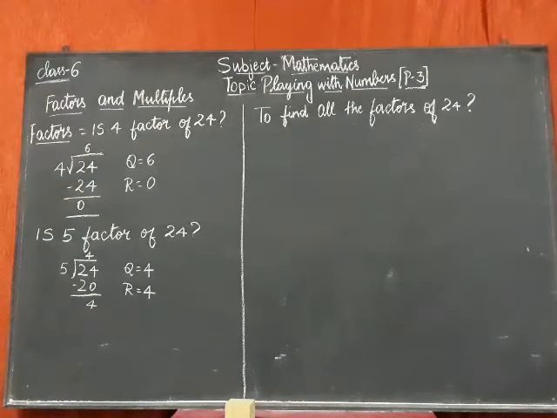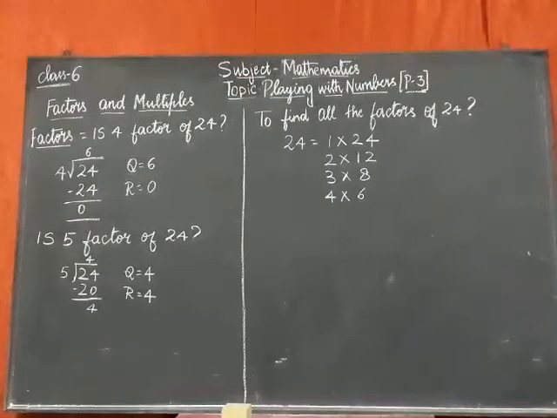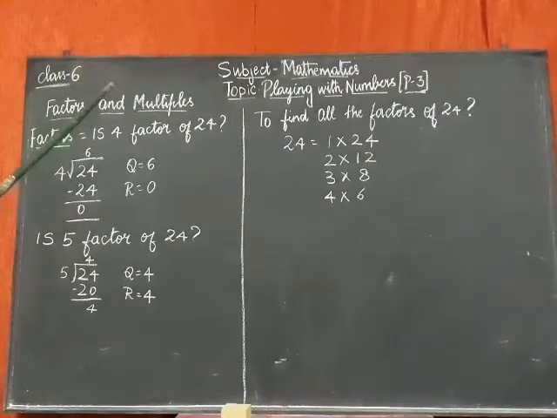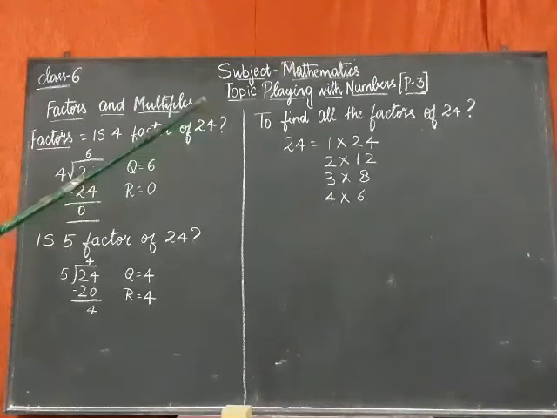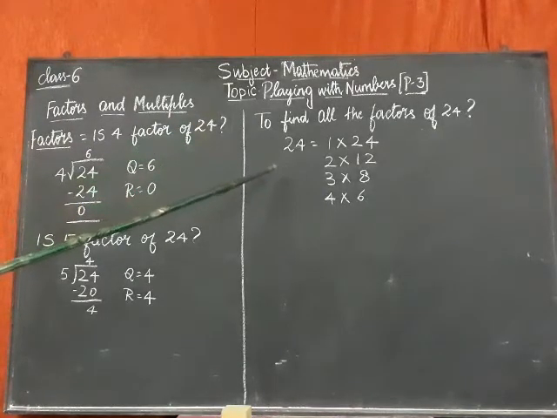Now here is a question, students. To find all the factors of 24, how can we do this? It's simple. Write the number as the product of two positive numbers. We have to think of all possible combinations. In which tables does 24 come? How do we write it as the product of two numbers? First, we have written 24 as a product of two numbers. But remember, we have to think of all the possible combinations.